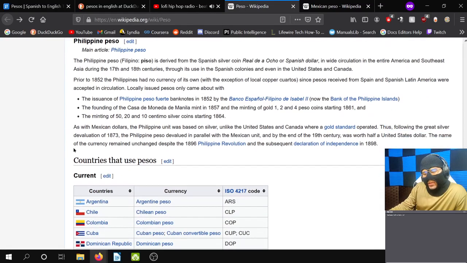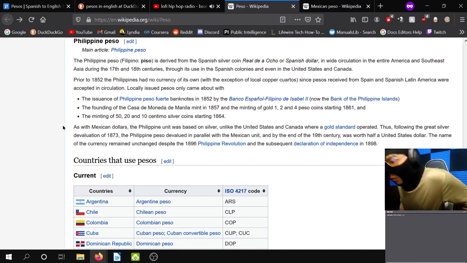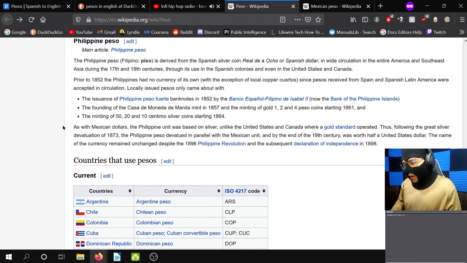Yeah, let me finish this. As with Mexican dollars, the Filipino unit was based on silver, unlike the United States and Canada, where a gold standard operated. Thus, following the Great Silver Devaluation of 1873, the Filipino peso devaluated in parallel with the Mexican unit, and by the end of the 19th century was worth half a United States dollar. The name of the currency remained unchanged despite the 1896 Filipino Revolution and the subsequent Declaration of